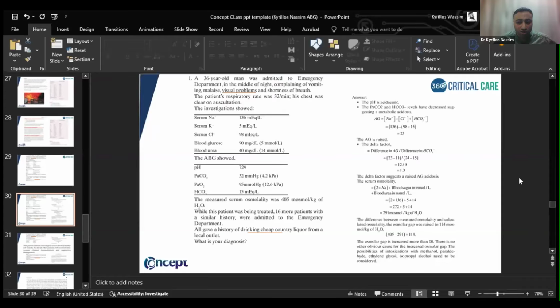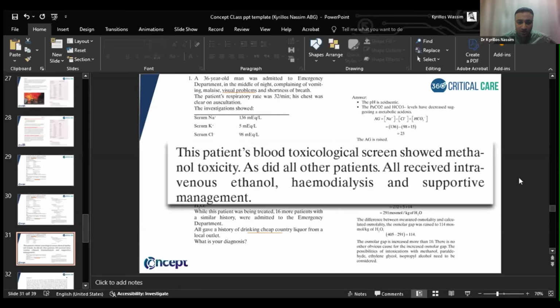When I calculated the osmolar gap, it is too high. It is 140, and here the osmolar gap is increased more than 10. There is no other obvious cause of increased anion gap other than methanol or ethanol toxicity. So this patient, when he came to the ER, I must first of all do ABCD,